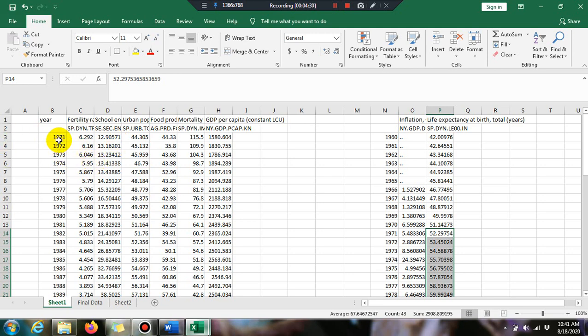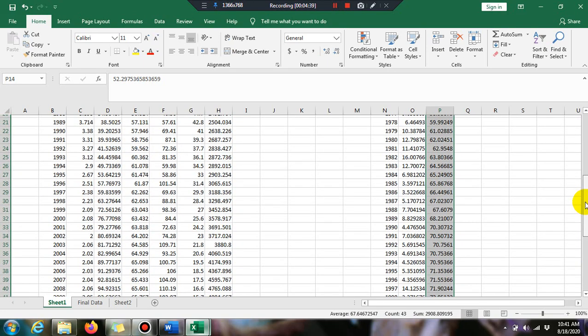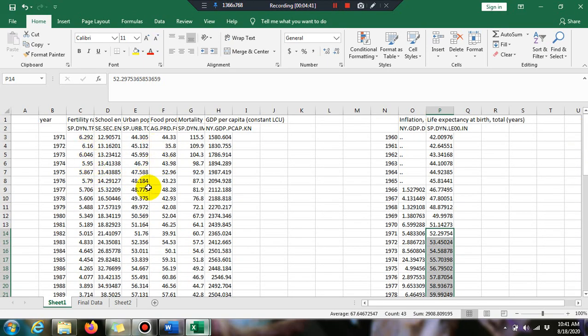So here we have selected data from 1971 to 2013, because this is complete data for the selected variables.